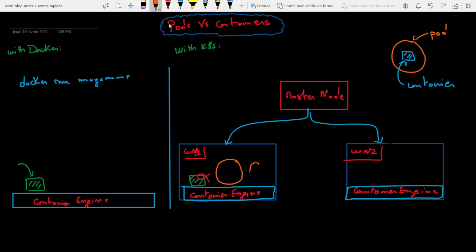So let's say that we have 2 pods, and in each pod we have the container where our application is running. So in Kubernetes, instead of working directly with containers, we work with pods. And of course here we have, for example, some users that are trying to access the application, and if the traffic increases, so we have more users trying to access